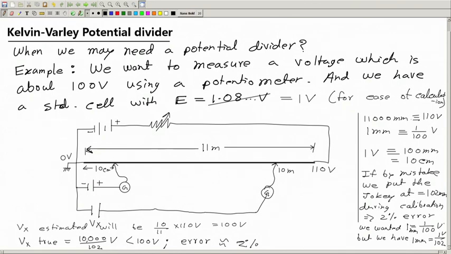Instead of at 100 millimeter, we may set it at 102 millimeter. So, that is the mistake, and the mistake will be more severe, say if we want to measure a voltage which is around 1000 volt. Okay. So, if that was the case,